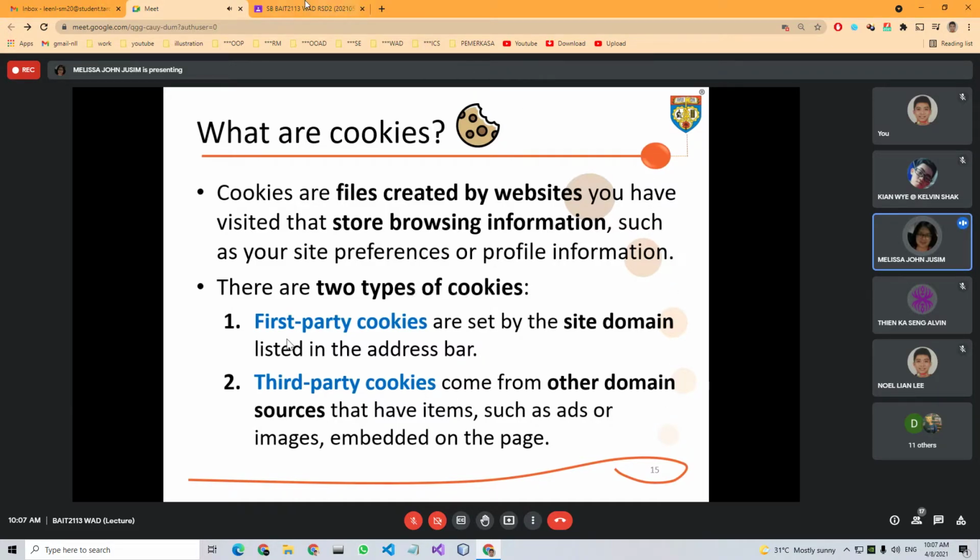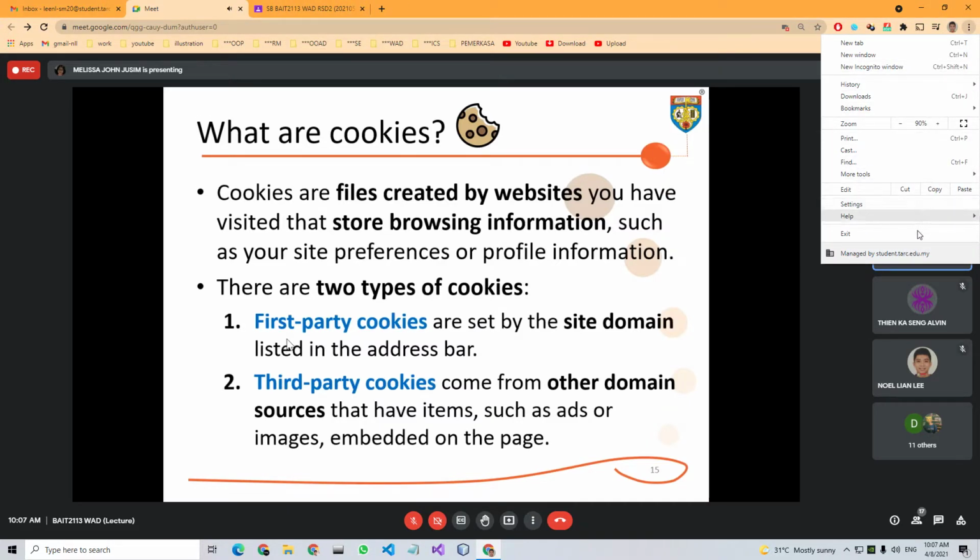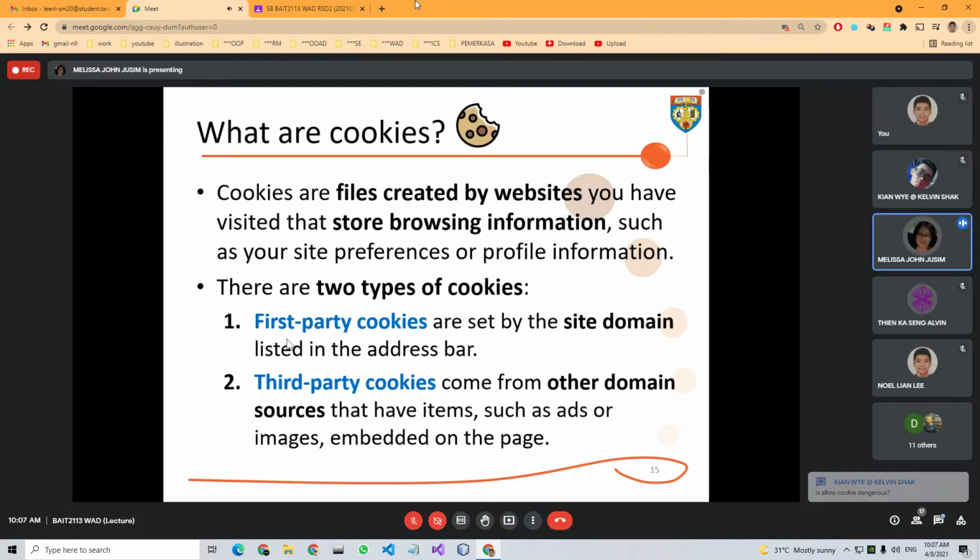Normally, if you allow cookies, it will not interrupt the application. So cookies are really necessary. But it doesn't work. So what was the solution?